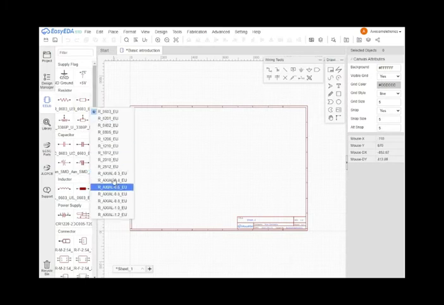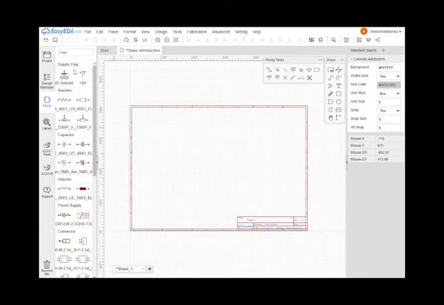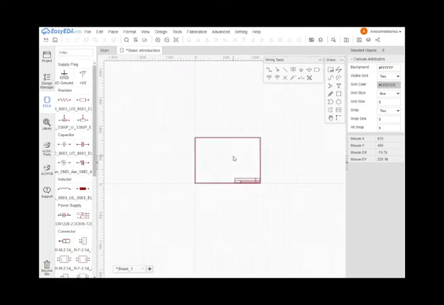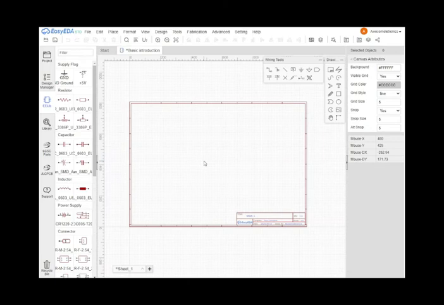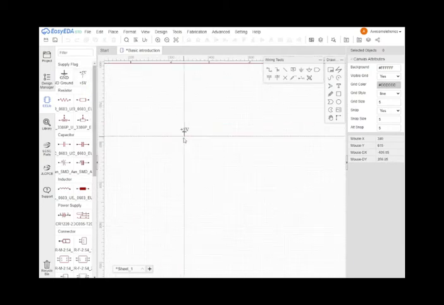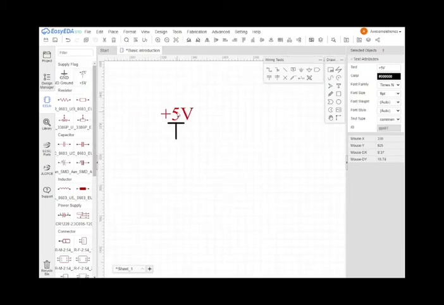There are resistors, and these are the supply flags. In a lot of my projects I am not using AC current, I am using DC current, so the voltage amount is specified. So I always go to this, and I select 5 volts, and then I drag the 5 volts and place it, and I can actually rename it to any voltage, like 1.5 for example, and if you want 9 volt plus 9 volt,